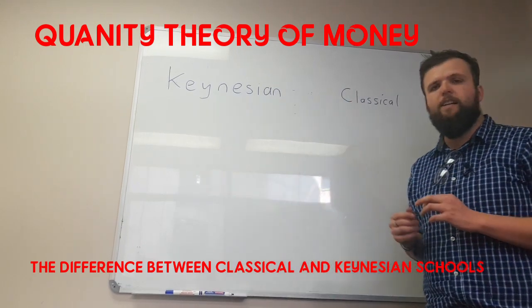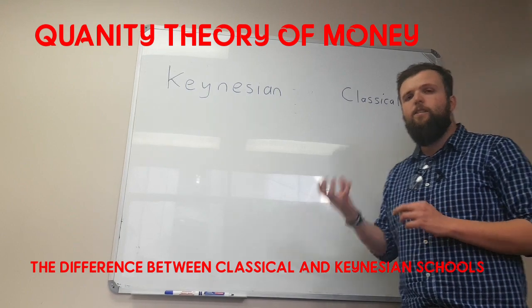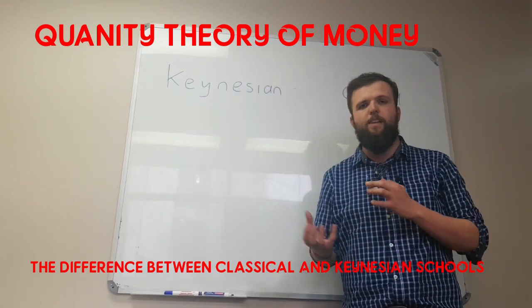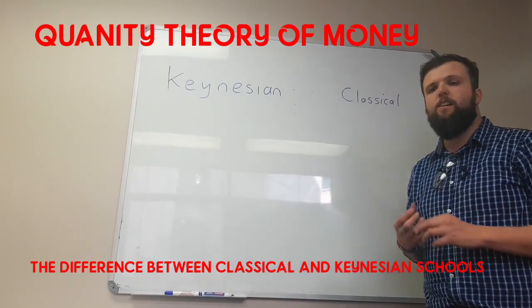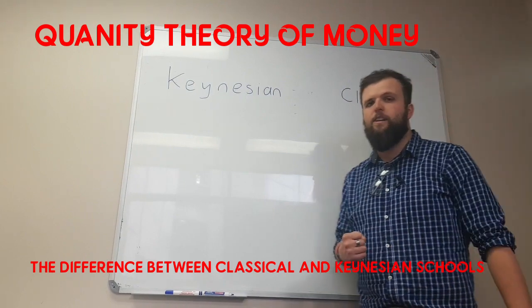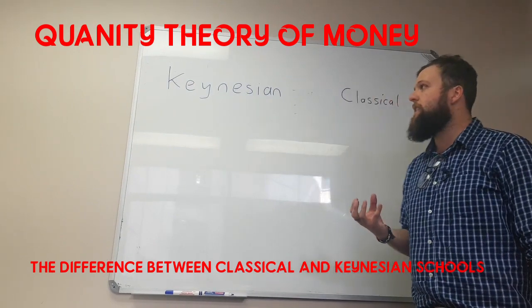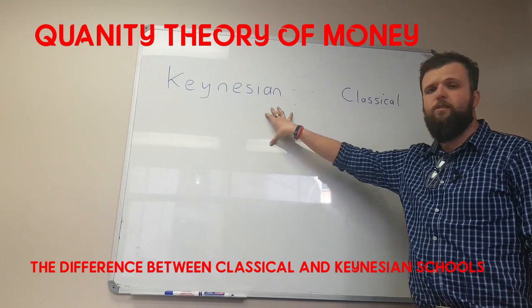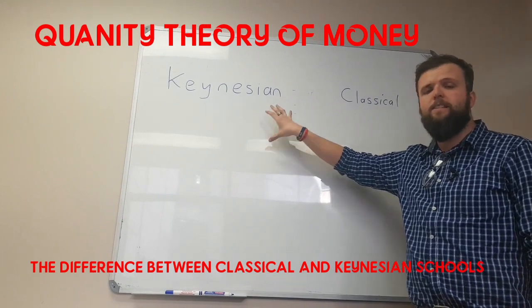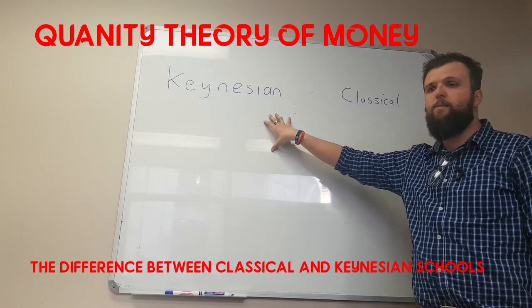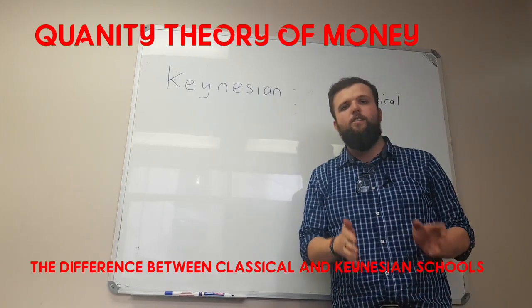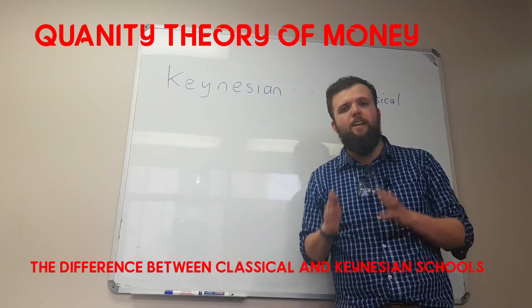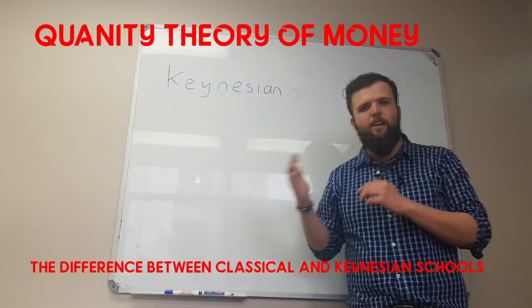Another thing within the classical school is that only real economic variables will drive the economy, real economic shocks. And that's a key thing to understand, because when you go to the Keynesian school of thought, the main assumption is uncertainty. Now, what does uncertainty mean? Uncertainty means that your past is not connected to your future, meaning each shock will have its own unique outcome.